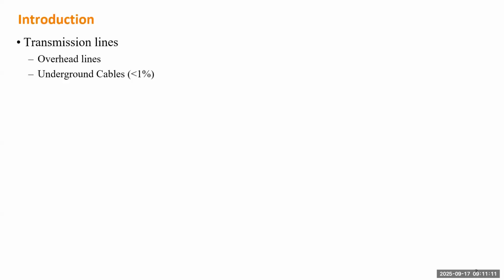Okay, so as an introduction, transmission lines have 2 types. The first one is called overhead lines. You can see those lines everywhere. And the second is underground cables. You may not recognize where those cables are. And usually they stay in the urban areas, definitely for the distribution lines, and there may be more underground cable, probably up to 20%. But at the high voltage level, usually transmission lines are overhead lines,